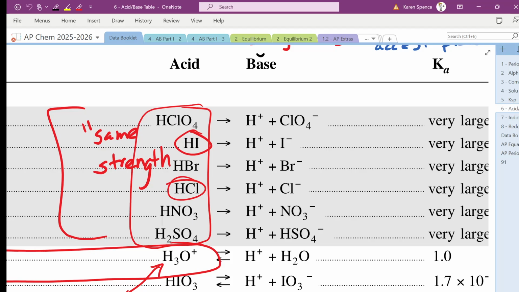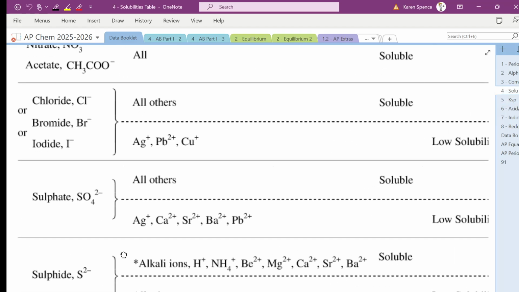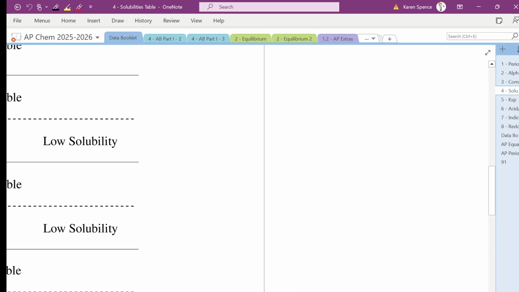What about sulfate? Let's look at our solubility for sulfate. I guess we could have calcium hydroxide. You're never going to have this. But anyway, let's say we had calcium hydroxide, aqueous,